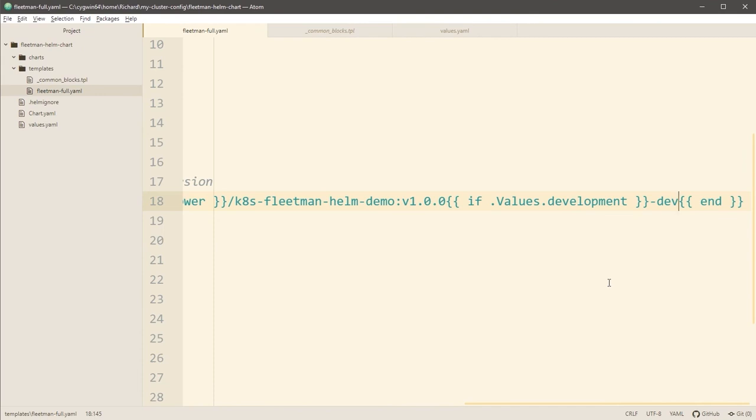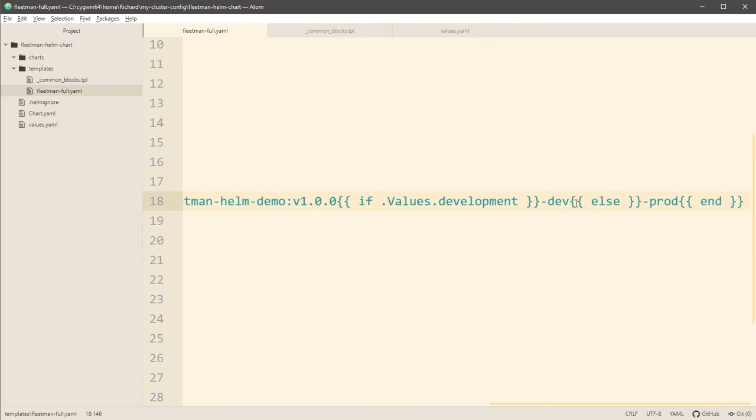You can probably also guess that we can use an else as well. Now, we don't have a requirement for this here, but if it were the case that in development we tag the images we have on the tag -dev, if in production we were to have a tag ending in -prod, then we could capture that using an else statement, and it looks like this. We would embed a further action in here of else, and then between the else and the end, we put in the alternative version if this expression is evaluated to false. So for us, that's going to be -prod.